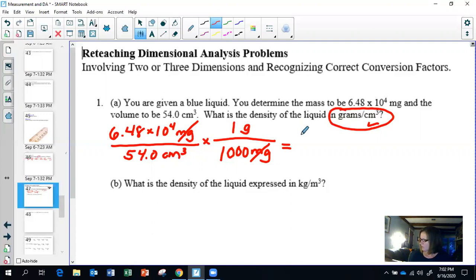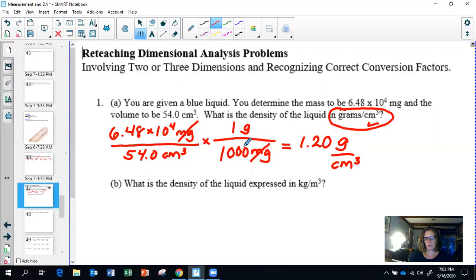So the answer we should get for this is 1.20 grams per cubic centimeter. Our three sig figs come from both the values for mass and volume that we started with. Okay, so this was a fairly, I call this dimensional analysis for beginners, kind of, because we only have